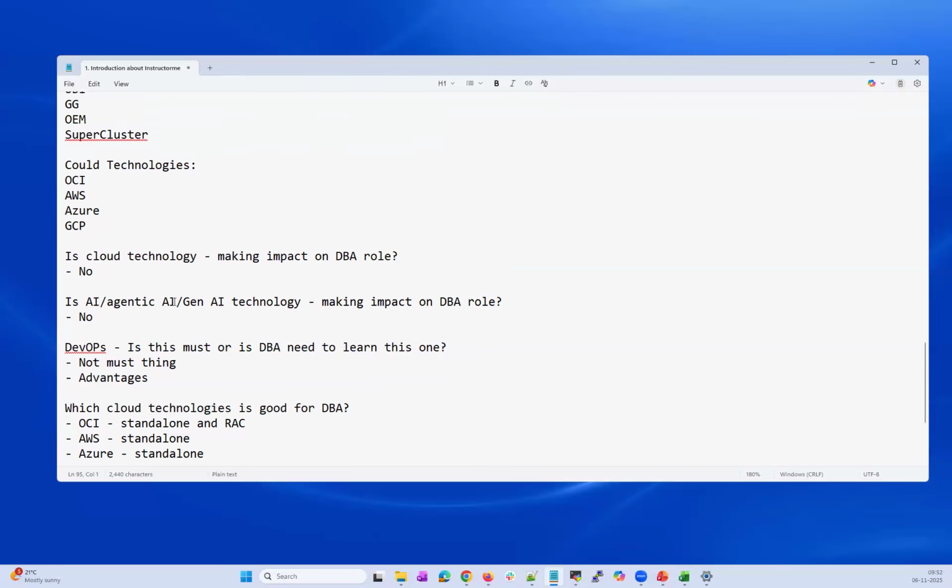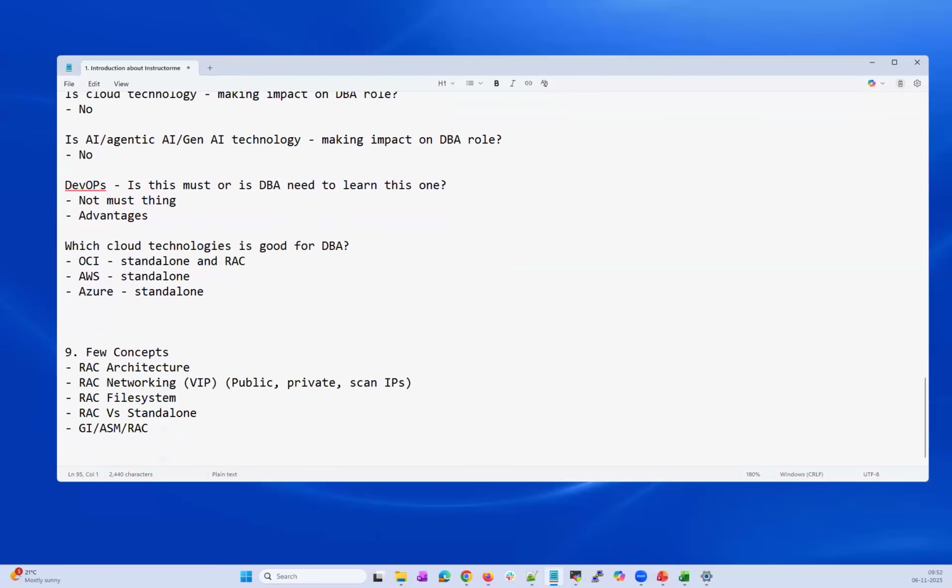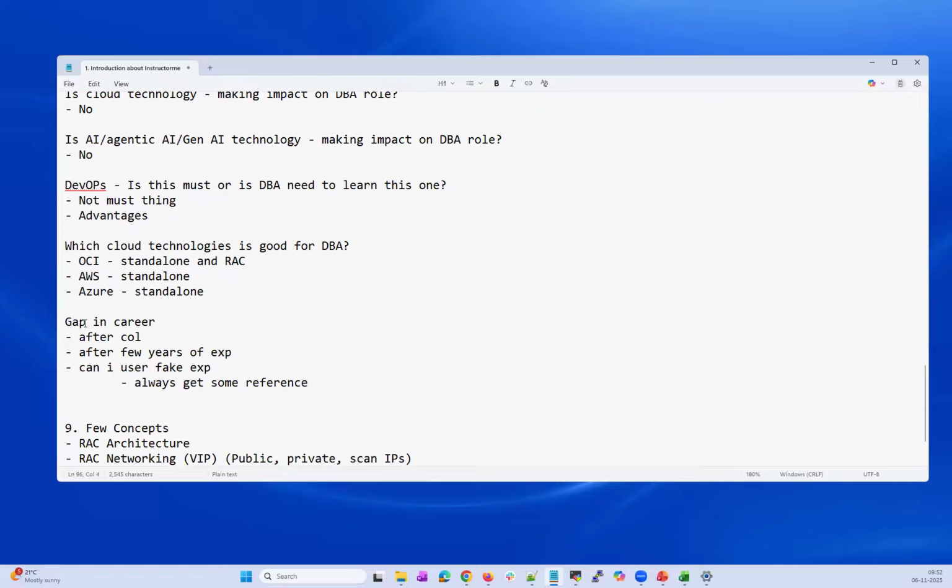Right. Then there's another question I get from my circle, my friends, or my old students. I have a career gap after my college. After a few years of IT experience, I left in the middle.